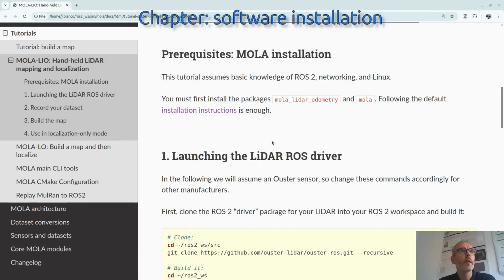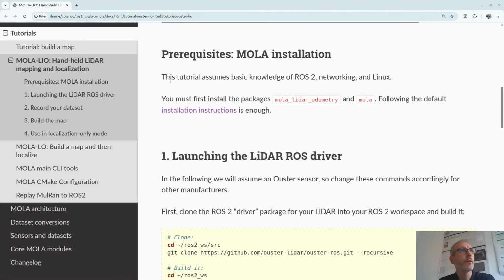For installing the software and for the rest of the parts of this tutorial, by the way, you can check the website of the documentation for the Mola project. I will leave the link in the description of this video. And there you can check the commands and copy them from there. For installing, I will assume you already have a ROS installation in your system.